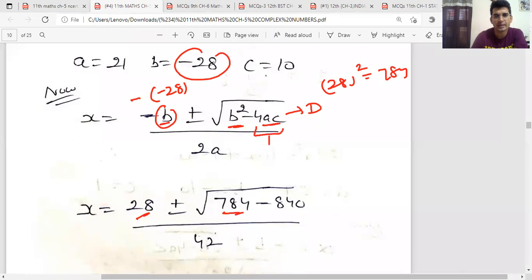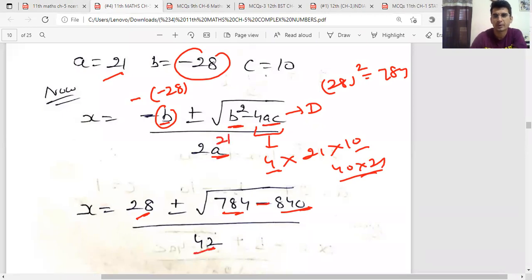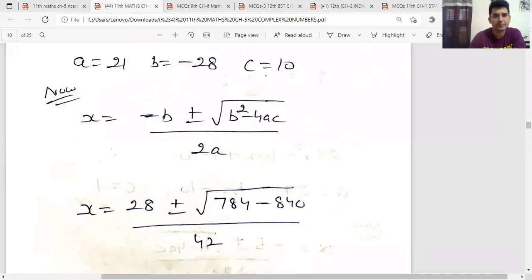Minus 4ac. In place of a, we will put 21. In place of c, we will put 10. 10 fours are 40. 40 into 21 will return 840. And this minus will be as it is. 2 into a. In place of a, we will put 21. 21 into 2, that is 42. So finally, what we will have: